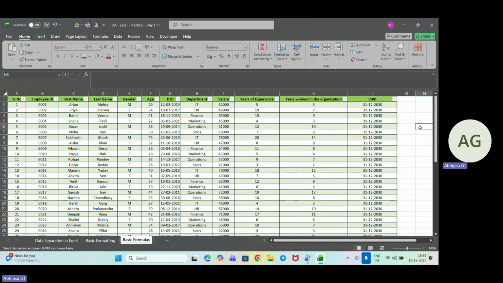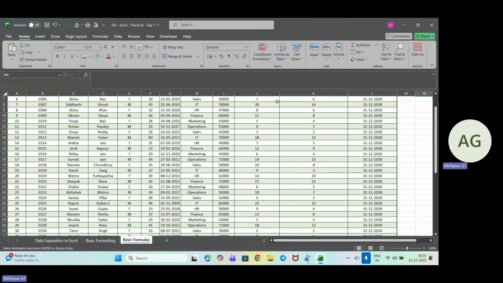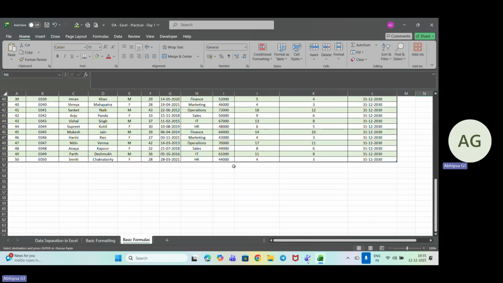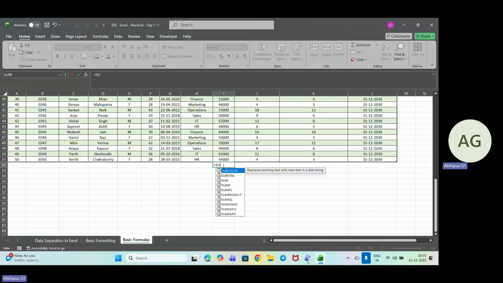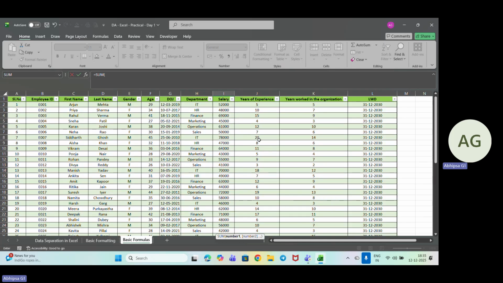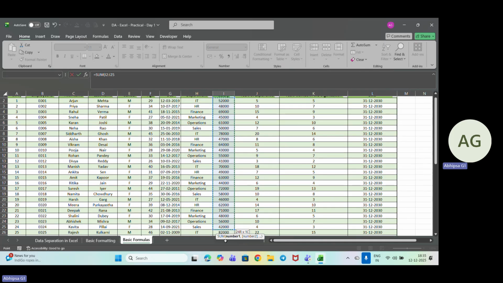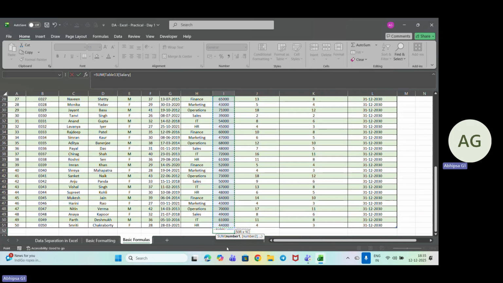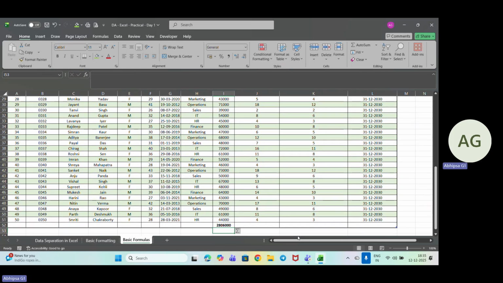Okay. So now I need to do some of the basic formulas. How can we do it? Let's suppose I need to do the sum. So I'll be using the sum operation. Where you need to do the sum, you select this, going down till here, right? Then you close the bracket and hit enter. So you have got the result as